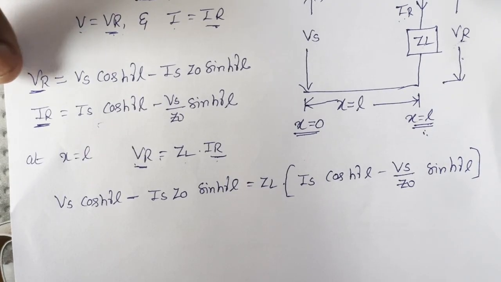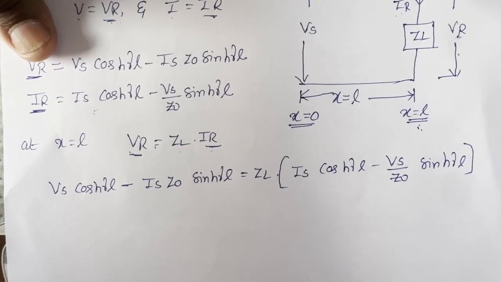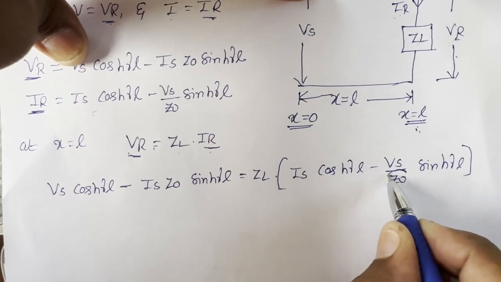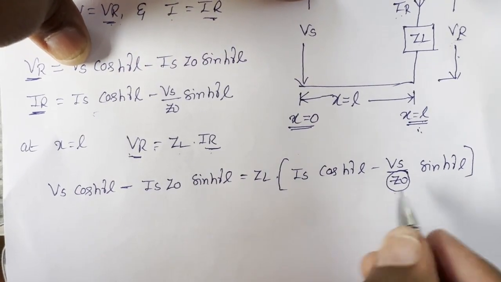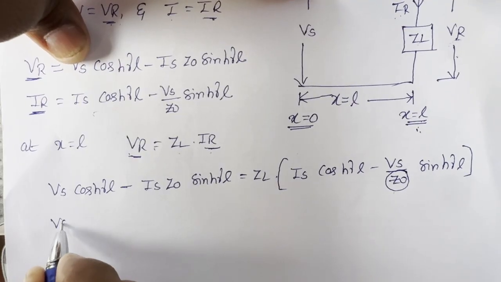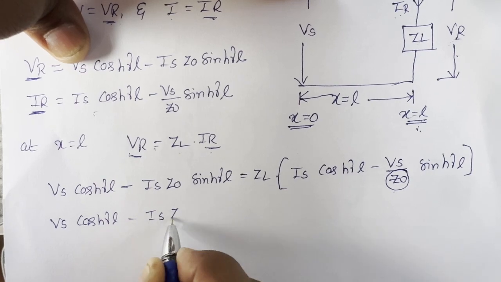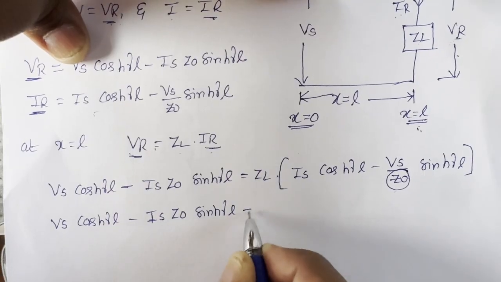I have substituted the values of VR and IR. Now in the next step, simply multiplying those two values, and with these values, now I am letting this Z naught from this side as a common. So as usual the expression: Vs cosh γL minus Is Z naught sinh γL equal to,